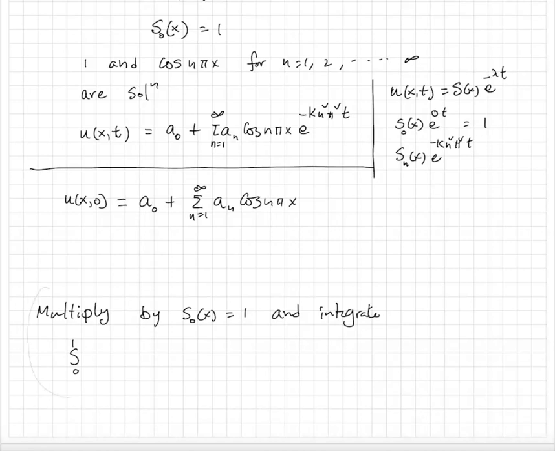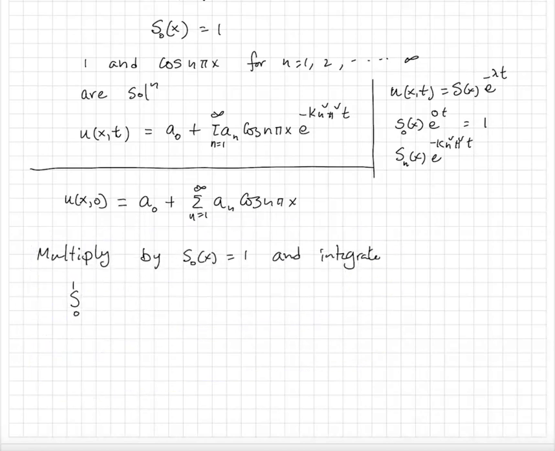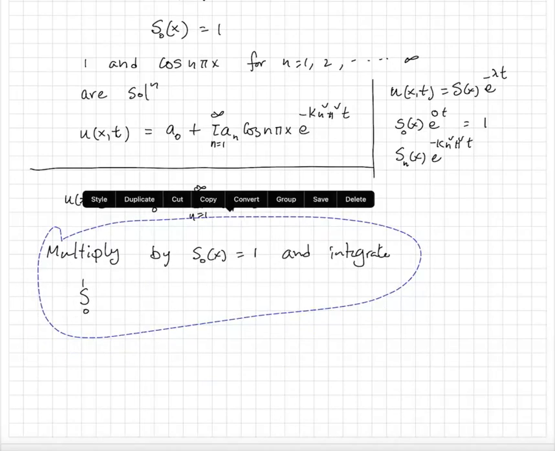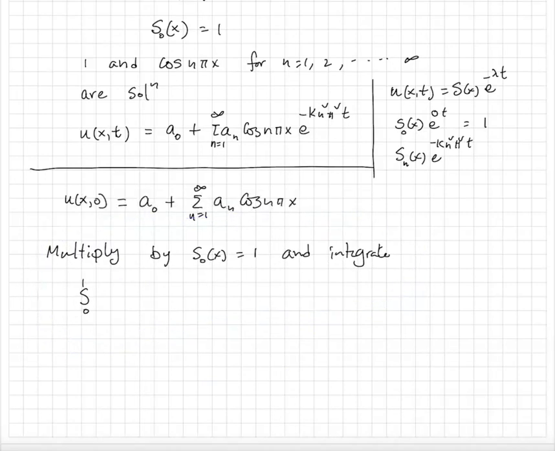And then you multiply by s0, which is 1, and integrate. So if you do that, then on the left hand side, let's first write down for clarity, the integral dx equals a0, which is just a constant, integral 0 to 1 dx, plus,